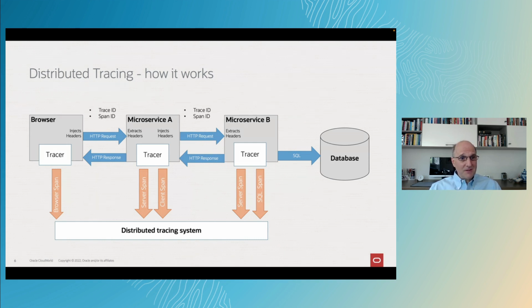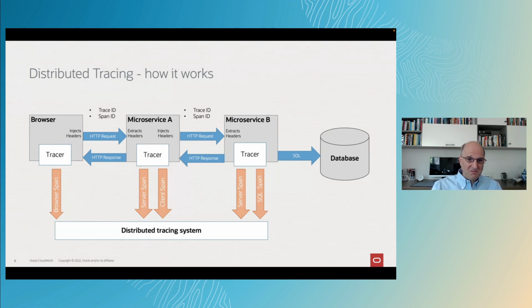The tracer that lives on the first microservice reads these headers that were added to the HTTP request and sees that the transaction already exists, the trace ID already exists. It adds its own new span ID and sends the transaction farther down the stream to the second microservice. Microservice B here executes a SQL and then generates a span based on the data